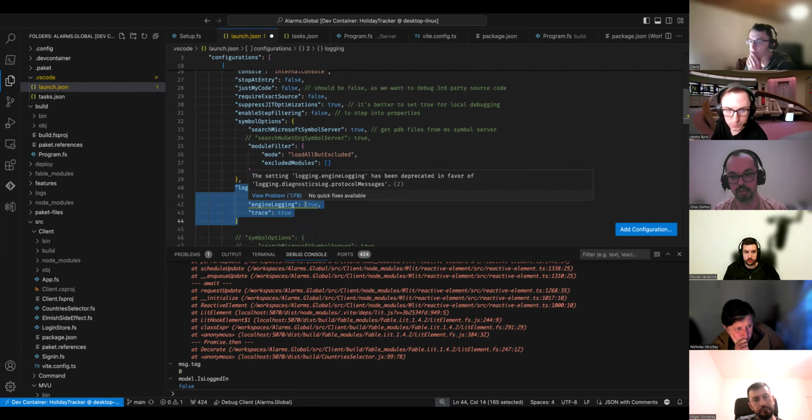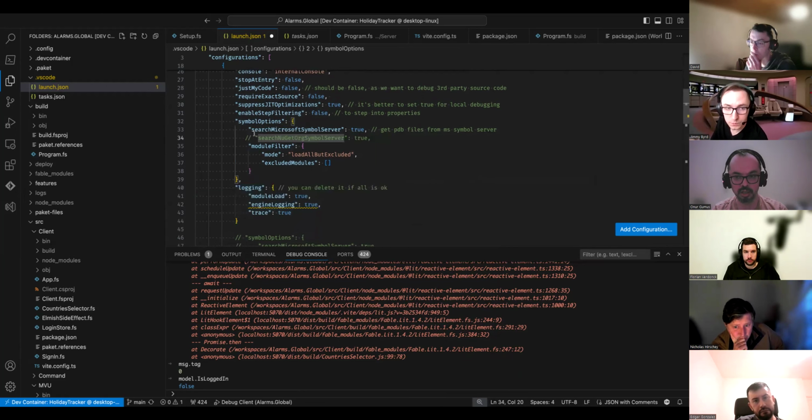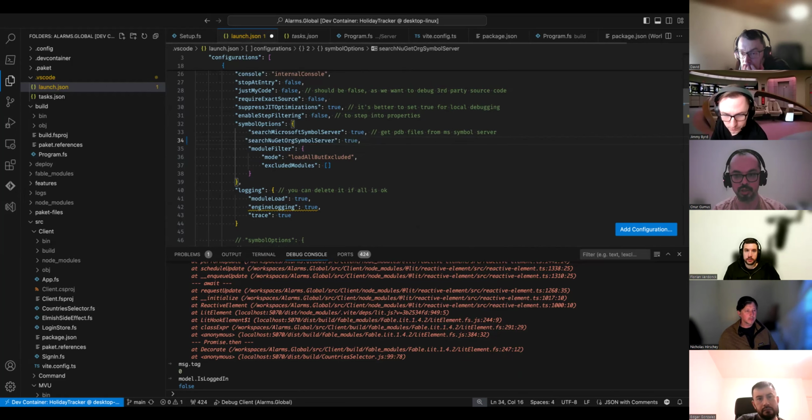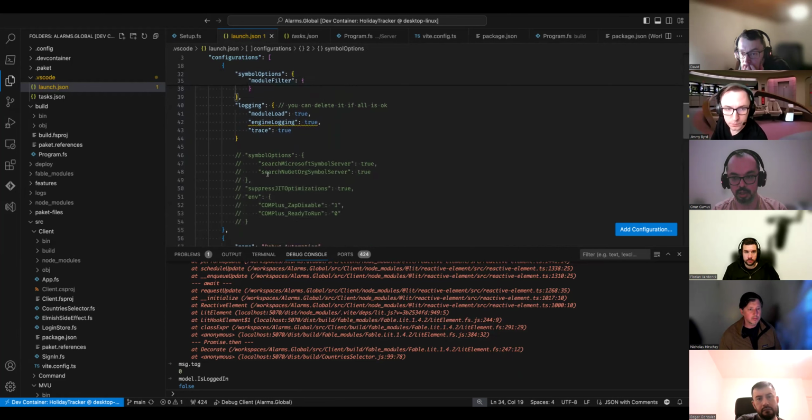Notice here, this was somewhat a problem I wasn't able to solve. I commented this out because when you run this under a dev container, keeping this enabled somehow stops debugging. But if you're not using a dev container, by all means, you can use this. So that's something you need to be careful about. At least this was my experience.